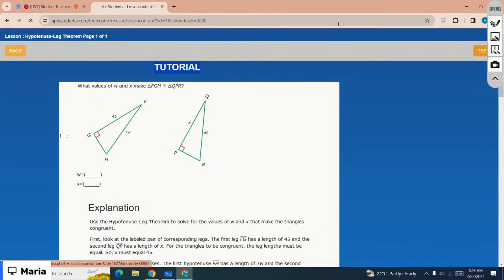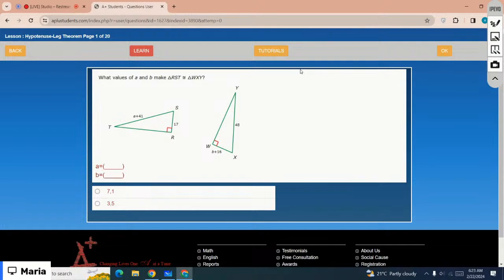Let's just start with the test questions. What value of A and B makes triangle RST and WXY congruent, right? Okay,